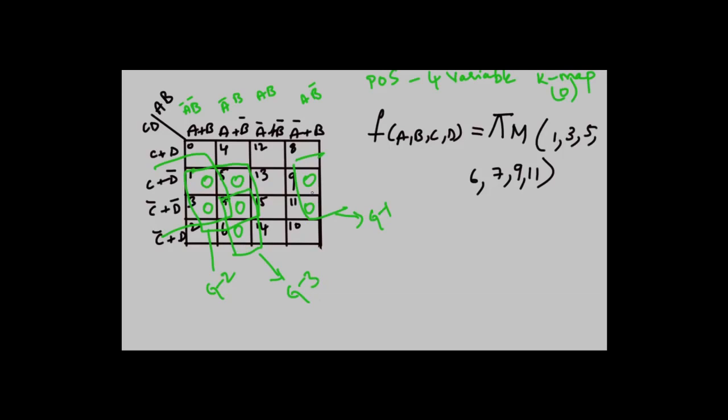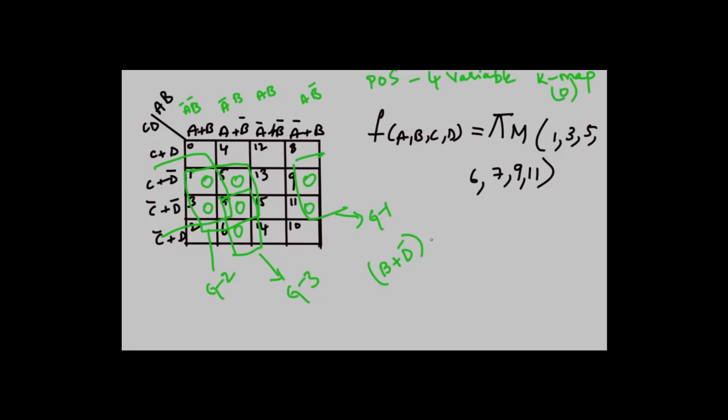For group 1, these are the 2 columns. What is the common term from both? You have B, A bar in one and A bar and A in the other, so that is not common; you have only B. So that is B plus, then what about here? In both rows you have a common term D bar. So B plus D bar would be one max term for group 1.